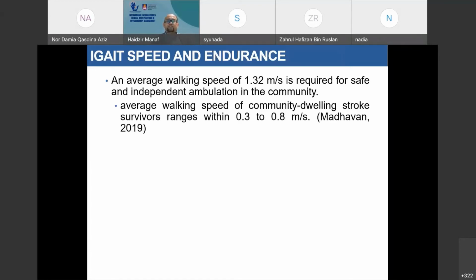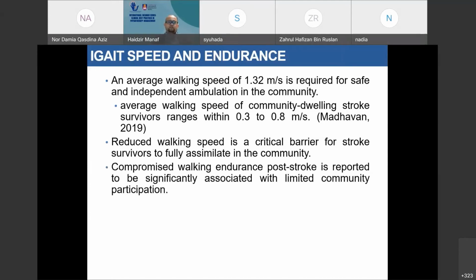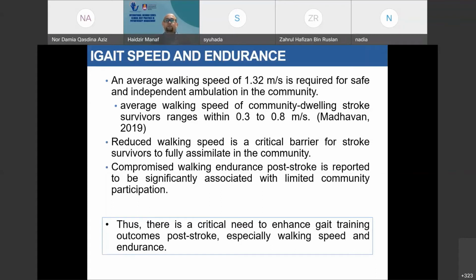So the average walking speed of community dwelling stroke survivors ranges between 0.3 to 0.8 meters per second. Therefore, reduced walking speed is a critical barrier for stroke survivors to participate in the community. In addition to that, compromised walking endurance. Walking endurance for patients post-stroke is reported to be significantly associated with limited community participation. Therefore, there is a critical need to enhance gait training outcomes for patients post-stroke, especially the components of